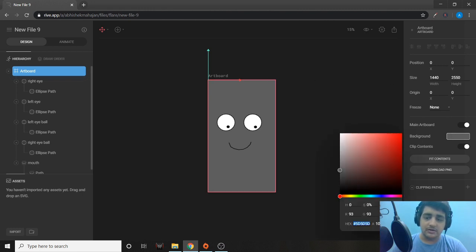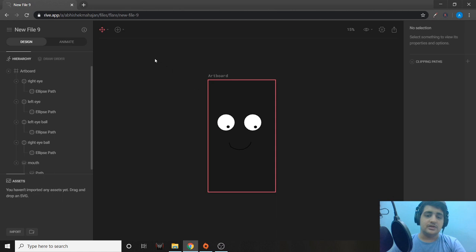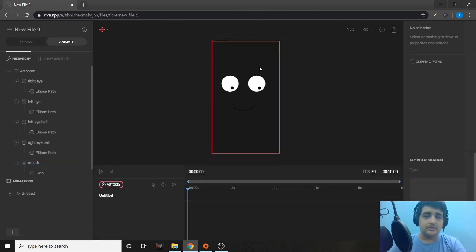So I'll go to background and I'll make the opacity 0, the black blur as 0 as well. This is basically transparent now. Now let me just drag it up here. Now we have this emoji first. This emoji will be there when the happiness meter or the satisfaction meter is at its max. So when at its max it can be called 100. Let's just say from a scale of 0 to 100 it will be 100. So I'll just name this animation here as 100 on the bottom left.